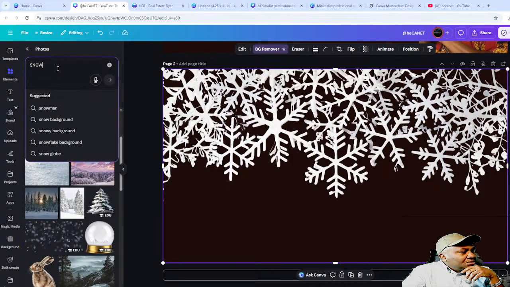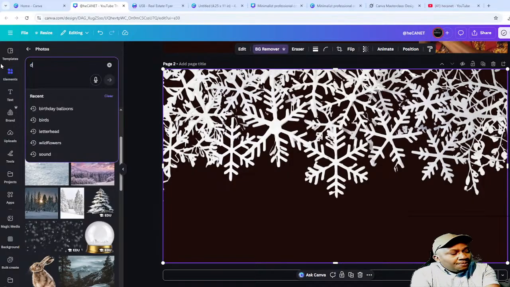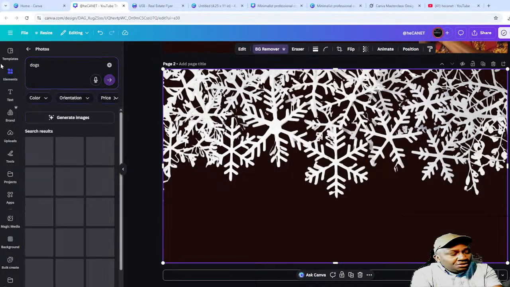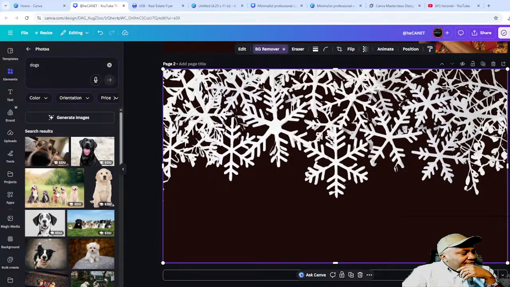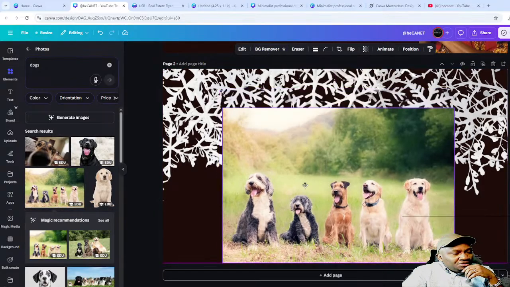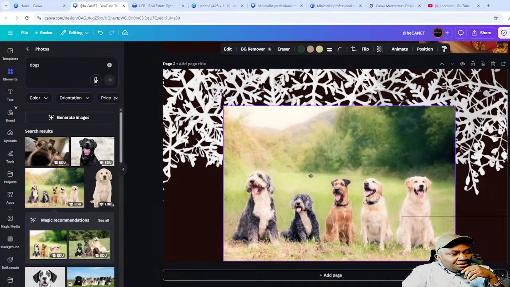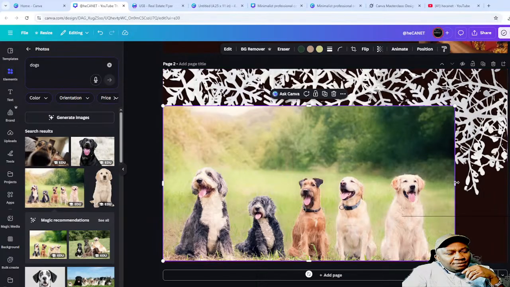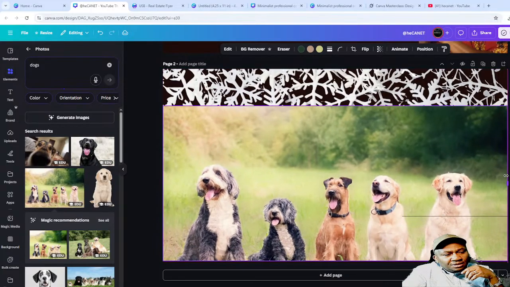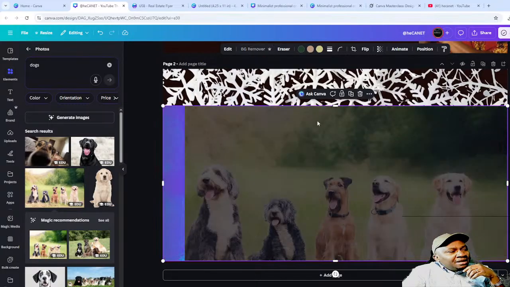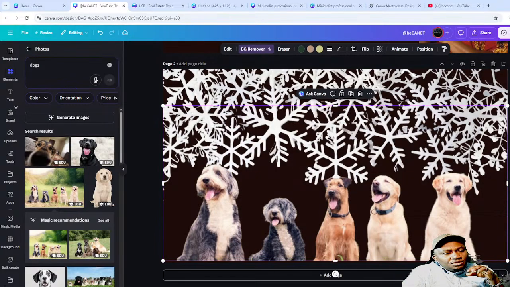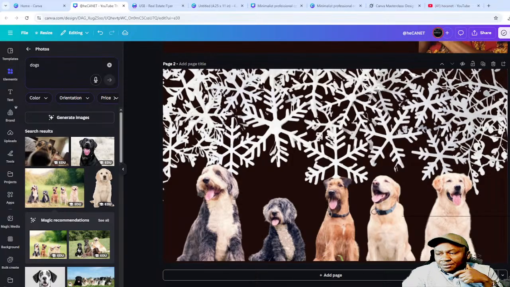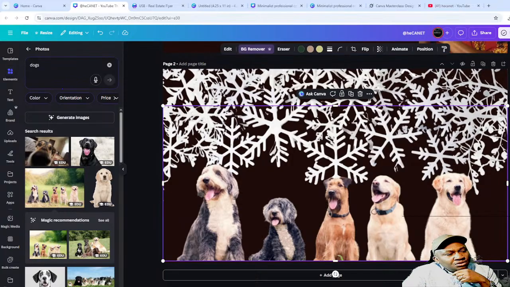So let me remove the snow and just search dogs. Whatever you want to search, you just type it in there. So I have a dog. I have dogs actually, not just a dog. So I'm gonna put the dogs here, stretch it out to fill horizontally. Then I'm gonna remove the background from the dogs as well. So the dogs and the snow are together now, right? And if I want the snow to be in front of the dog, because right now the snow is behind